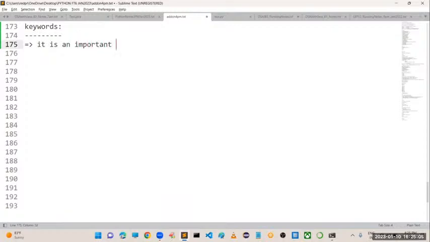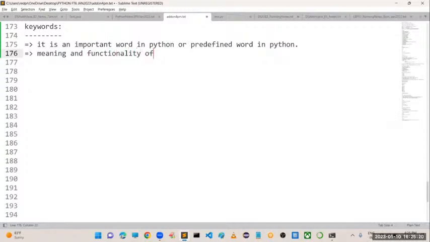It is nothing but an important word in Python, or we can say a predefined word in Python. The meaning and functionality of these words are already defined in Python libraries.